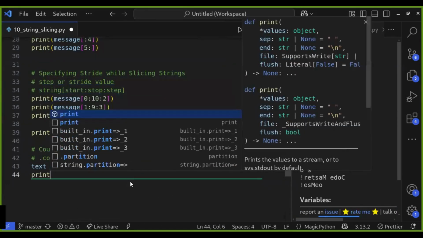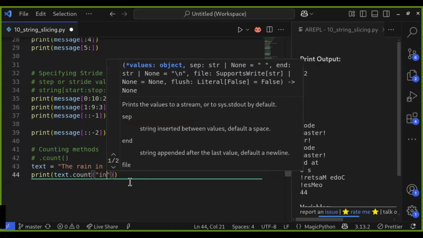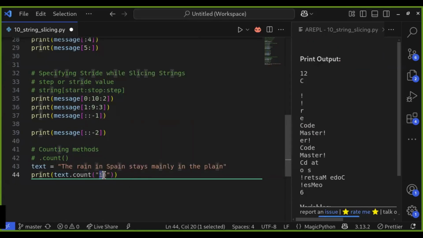Then print text.count("in"). So it's going to count how many times the substring "in" appears in the given string text.